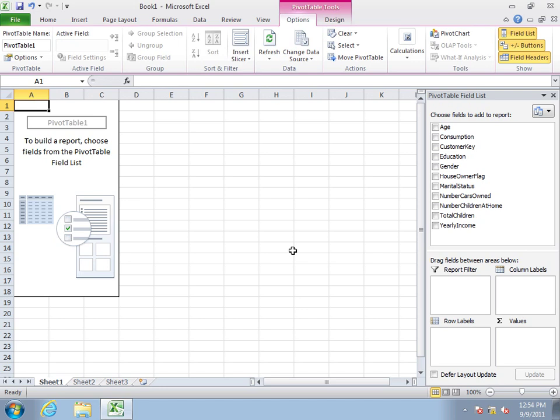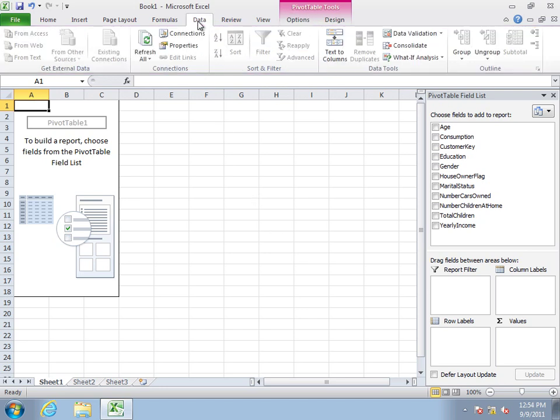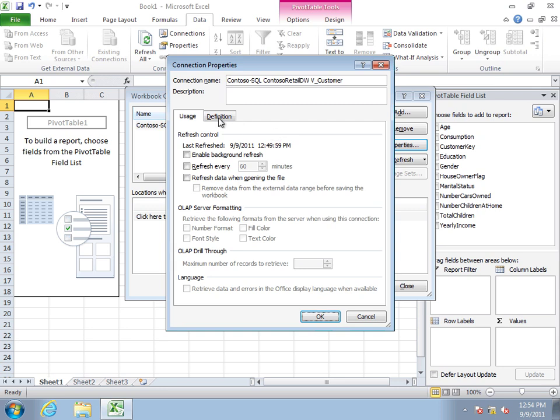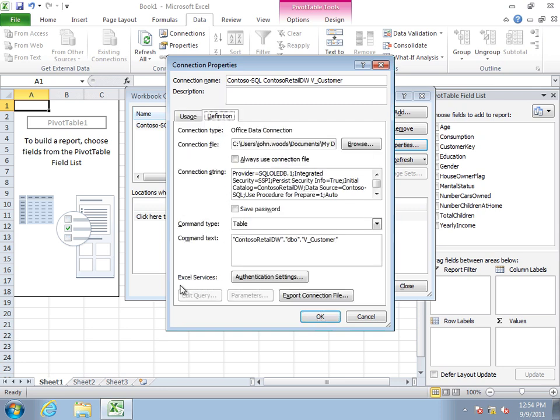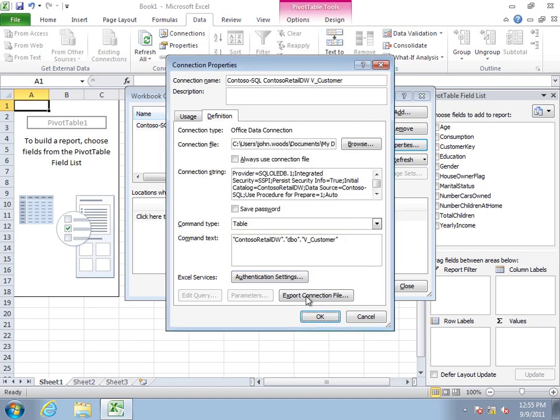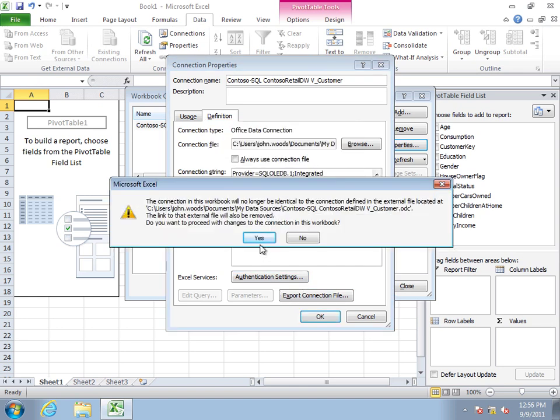So here in Excel, I can go ahead and create my report, and then on the Data tab, go to Connections. Here's my database connection, Properties, Definition, and here we have Excel Services Authentication Settings. And if I choose this, and I choose the SSS option, this is where I want to type my Secure Store Target Application ID. And as you may recall, we call our target application Contoso Retail Sales. Click OK, OK again, and here's just warning me that I'm changing the authentication settings. So I'll click Yes,